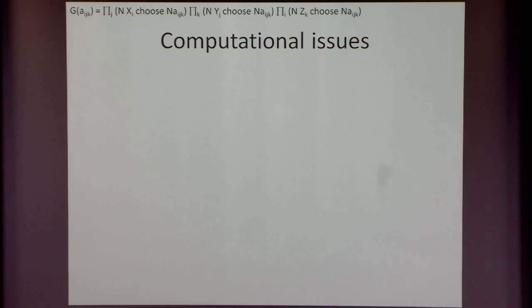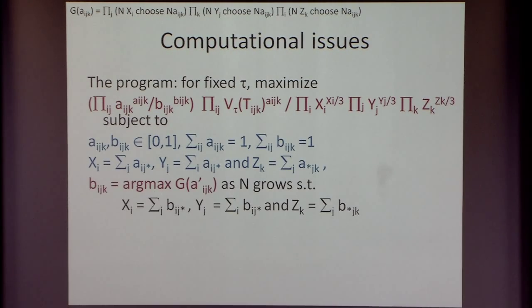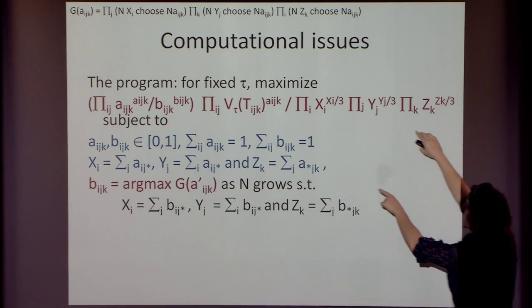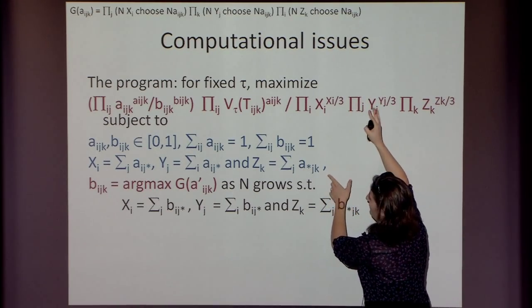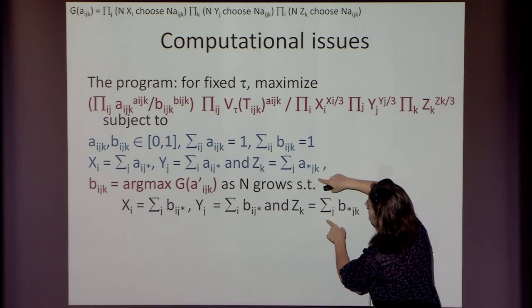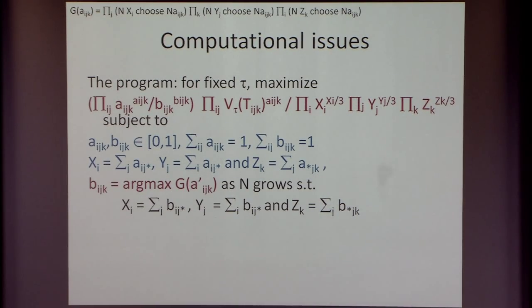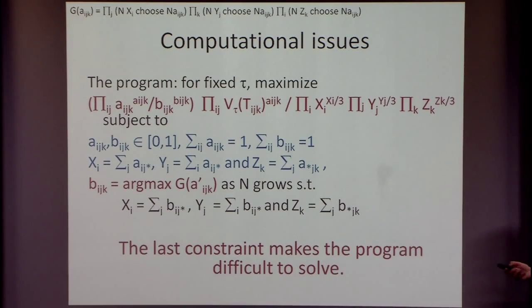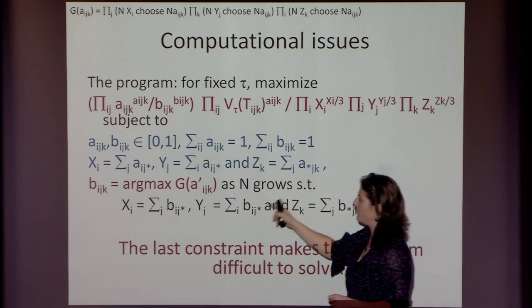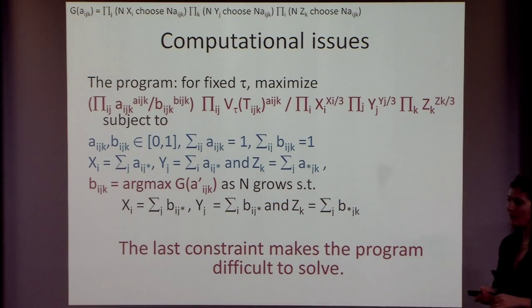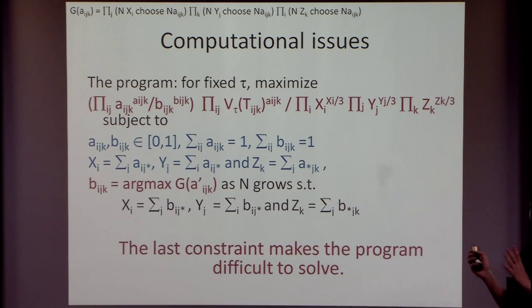And one slide on computational issues. So here's the program that I had, and up to here it is very nice. It's a concave program if you look at it. But once you add these constraints, it behaves really nastily. So it took some work to get it to be solved. The fact that you have to do some extra maximization in it makes it difficult to solve. But later on, Francois is going to talk about how he slightly loosened the constraint and made it easier to solve for higher tensor powers.